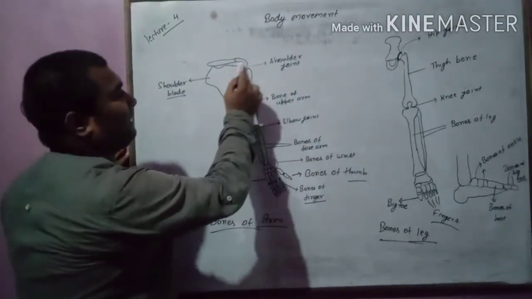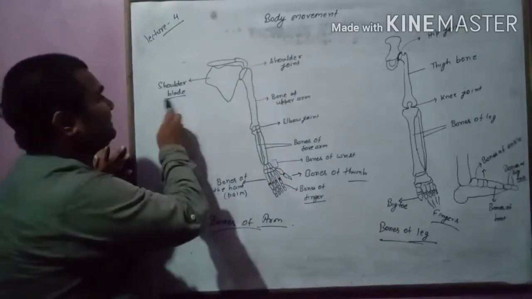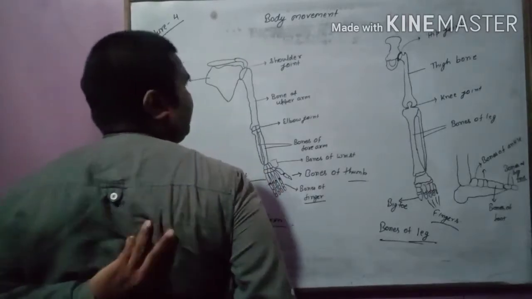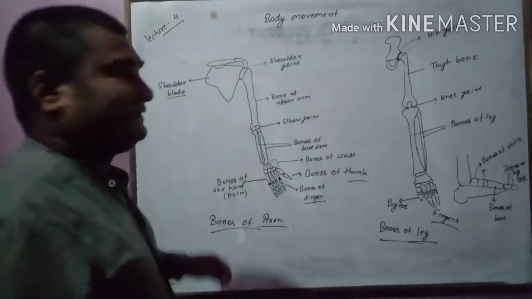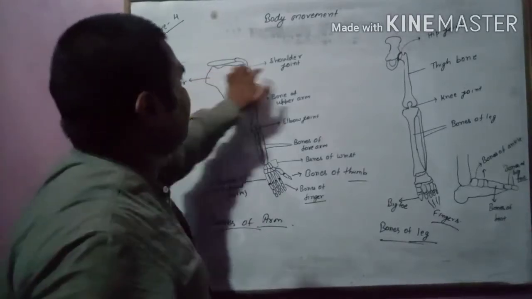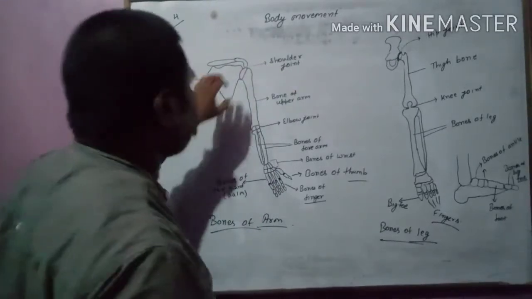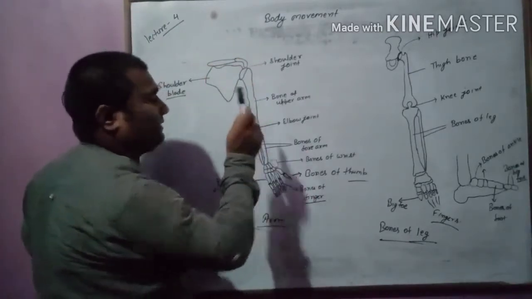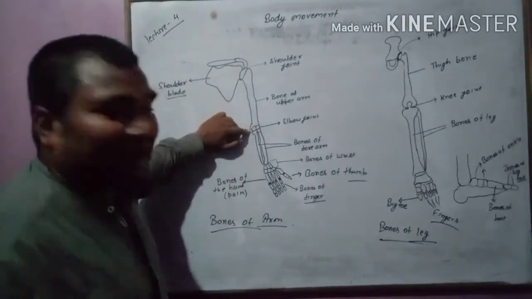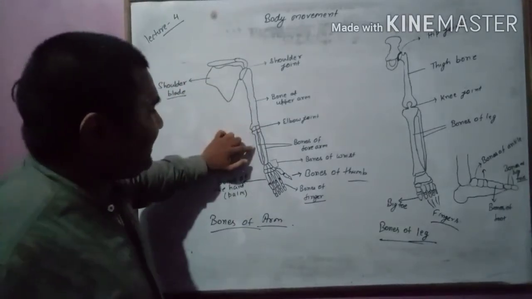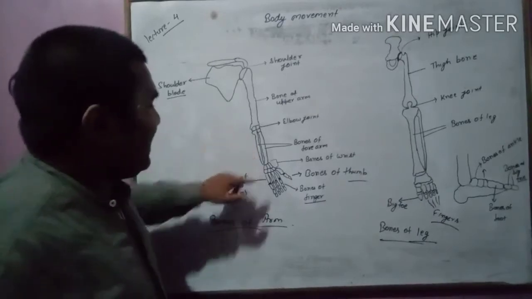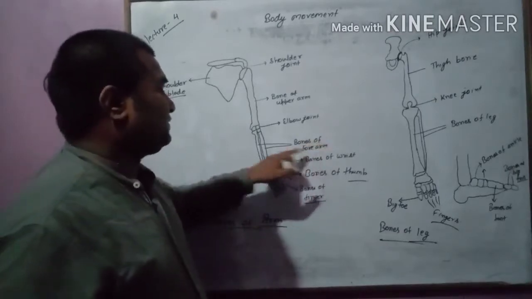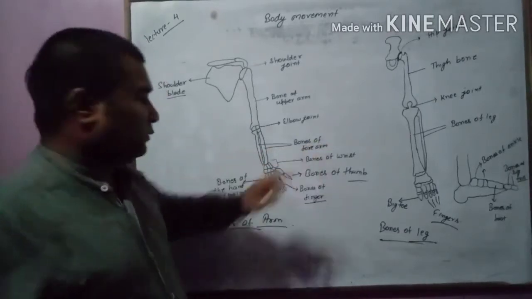So this is the joint, this is called the shoulder joint, and this is called the shoulder blade. At the back you will find this structure. This is called the shoulder blade, to which the arm is attached. This is the bone of the upper arm, it has a single bone. This is the joint that we call the elbow. It has two bones in the forearm, and these are the bones of the wrist.